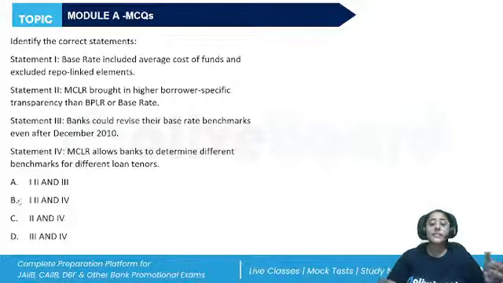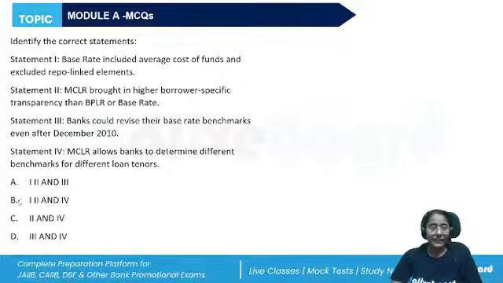Right. So what is the difference between MCLR and base rate? MCLR, we know, is determined by the current cost of funds. Base rate is governed by the average cost of funds. MCLR also considers the loan tenor, but base rate considers the minimum rate of return or profit margin. MCLR also considers the deposit rate and repo rate, which is not there in the base rate. Right, so repo rate does not form part of the base rate.